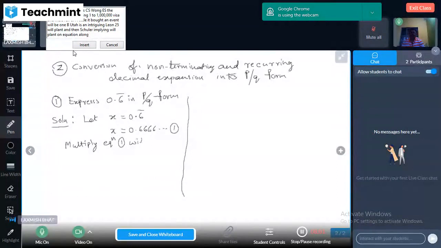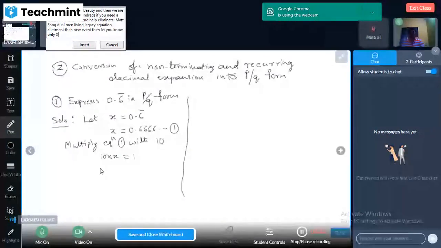If only one number is repeating, we have to multiply it with 10. If a group of two numbers is repeating, then we have to multiply it with 100. If three digits are repeating or recurring, then we have to multiply it with 1000, and so on. So when we multiply equation number 1 with 10, we will get 10 into x